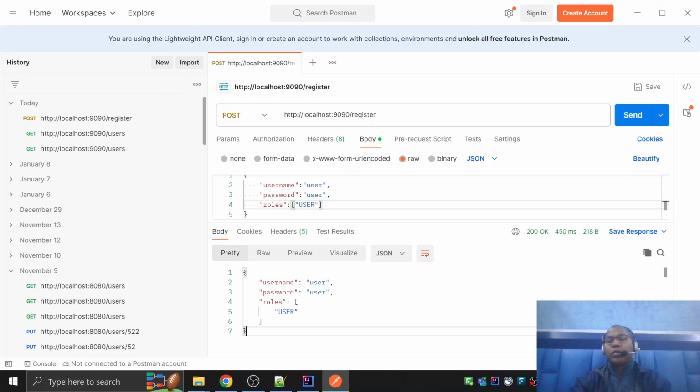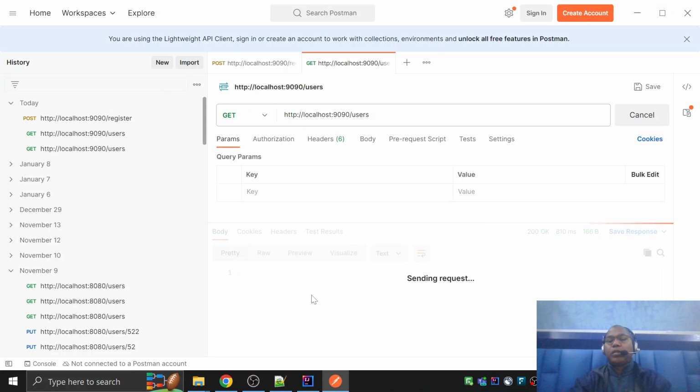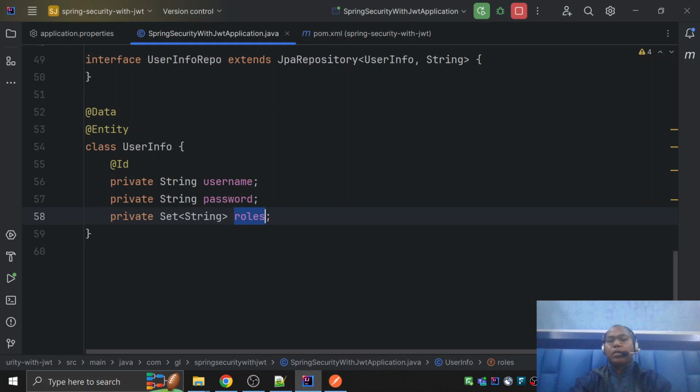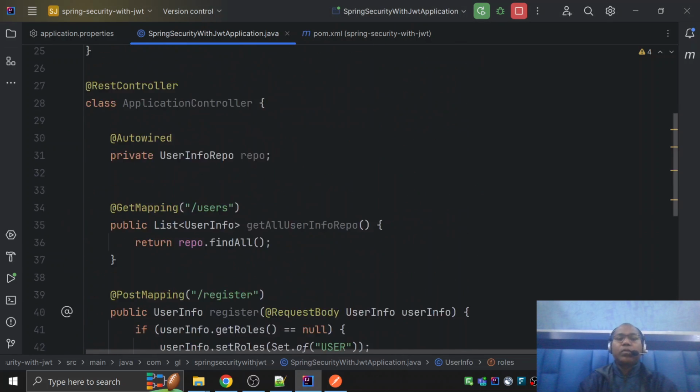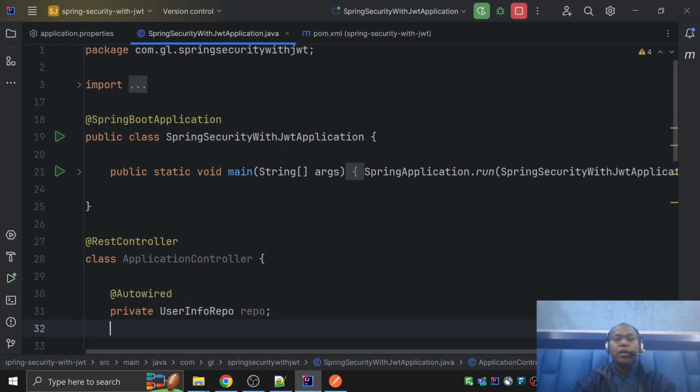Notice the password is the same password here, and if we use get user, it returns me the same password. So surely this should be encrypted. So here let's introduce the password encoder, to encode the password. So here I need a